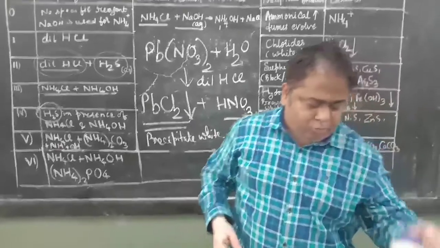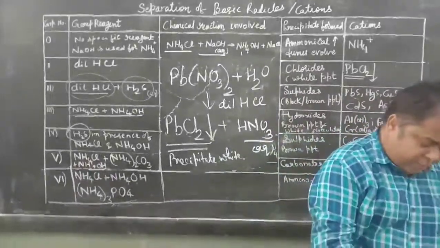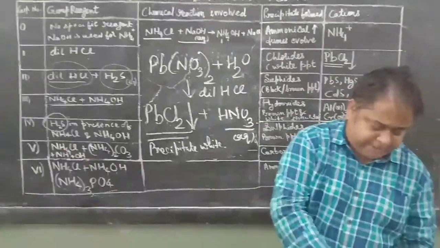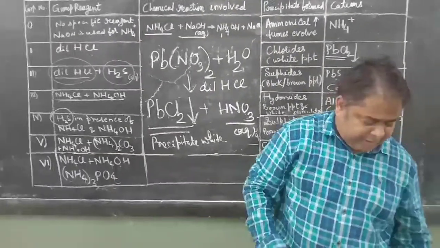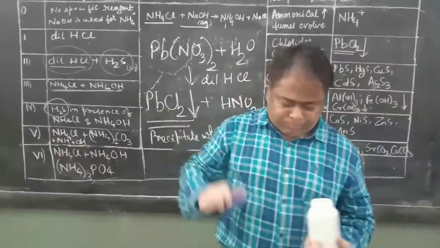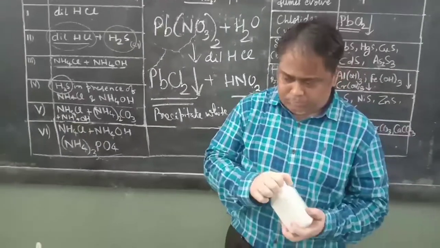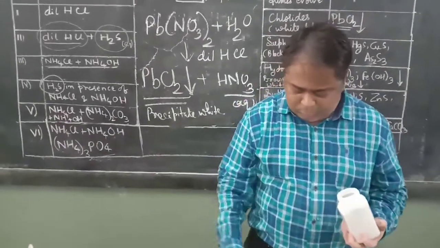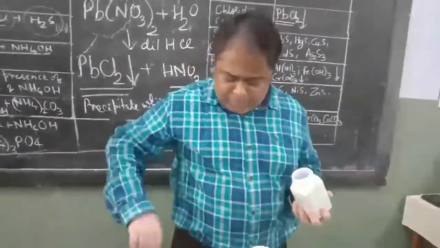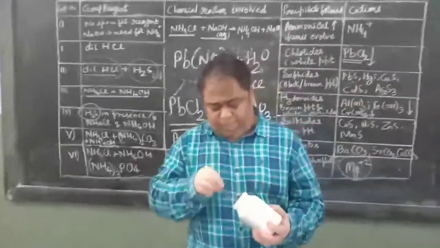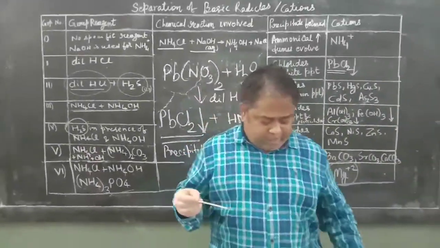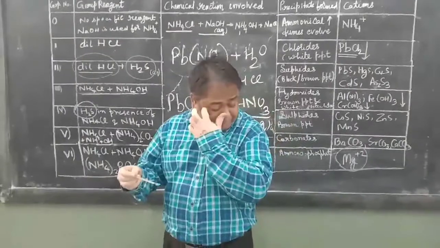Next I have a copper 2 plus salt. Say for example, if I don't get any white precipitate. For example, I have taken a group 2 salt now. A group 2 salt we will be able to find out very easily, because copper is given very commonly. So copper is blue in color.